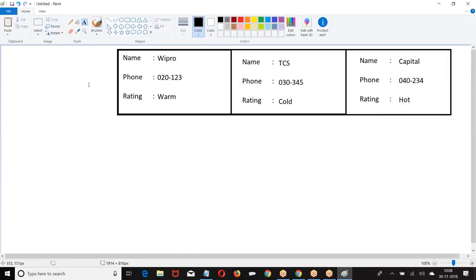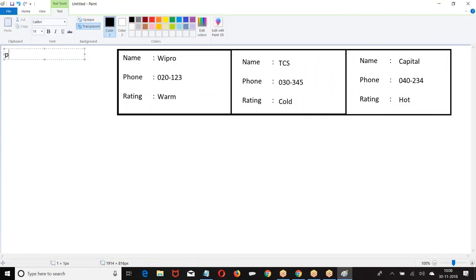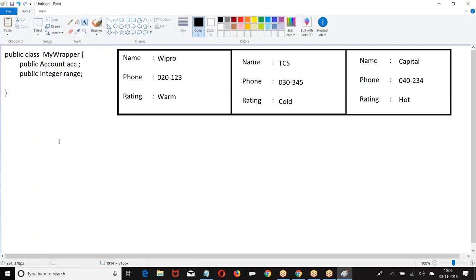Now, how many account records are there? 3 account records are there. What we have? Public class, public Account ACC, public. This is what I give.